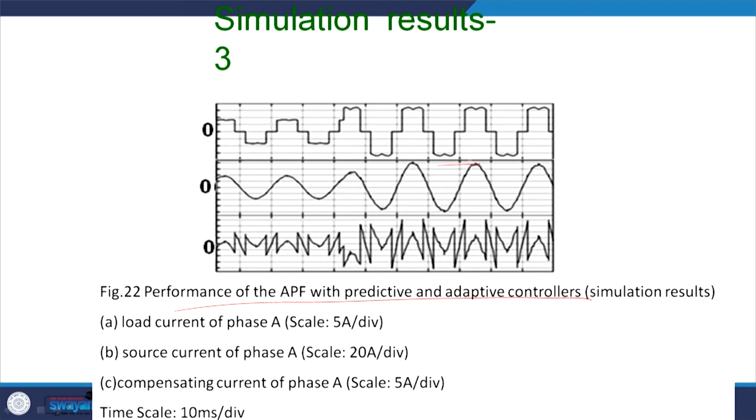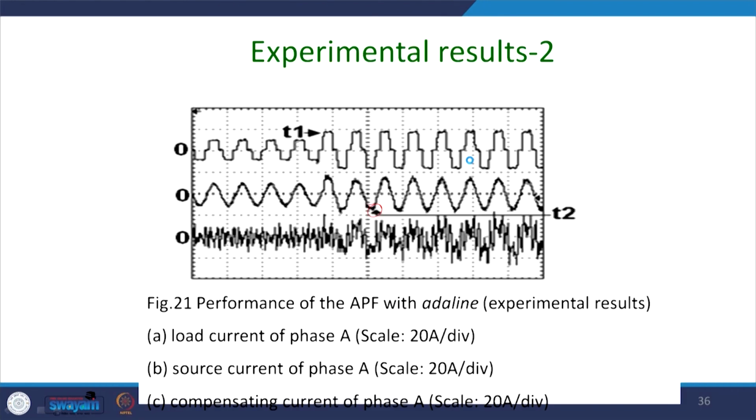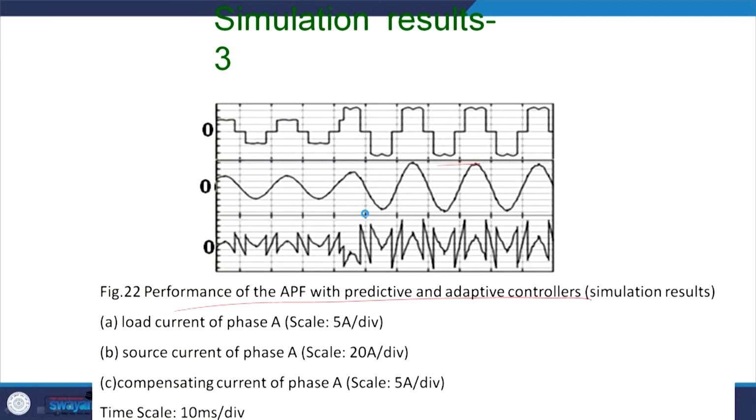So, what happened actually in this case, why it is better, here it does not have any guess of the starting point. So, it takes a huge amount of time for convergence, but here since you have fed it with the predictive algorithm, you can guess a closer value. So, you can always converge faster, and for this reason, once you are tuned it will predict. So, prediction is easier.